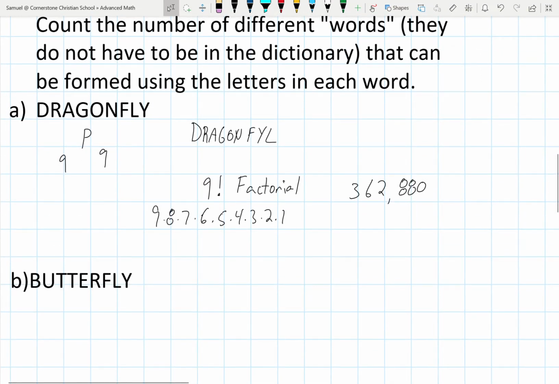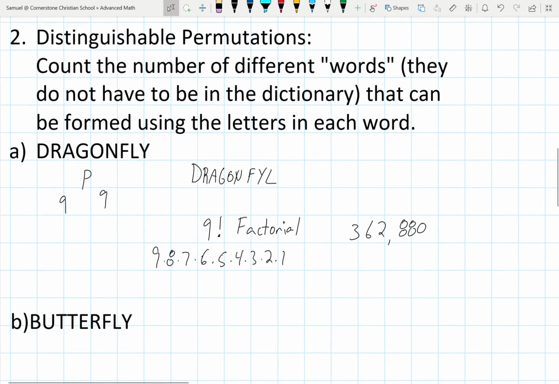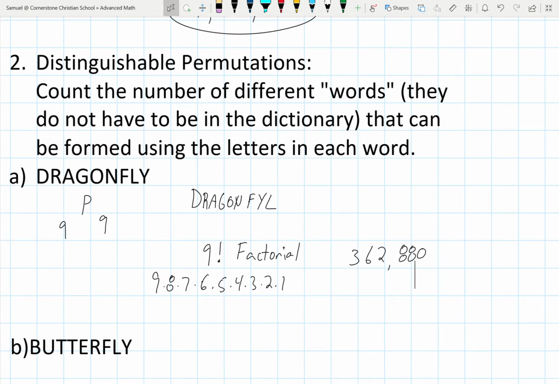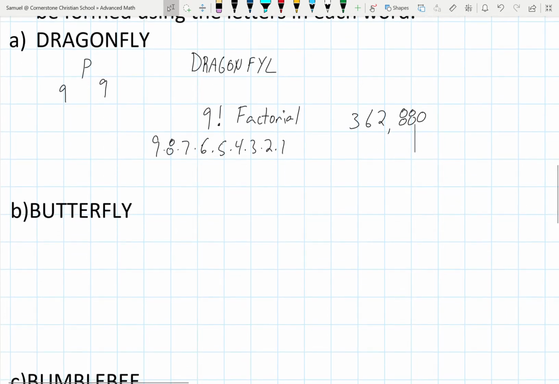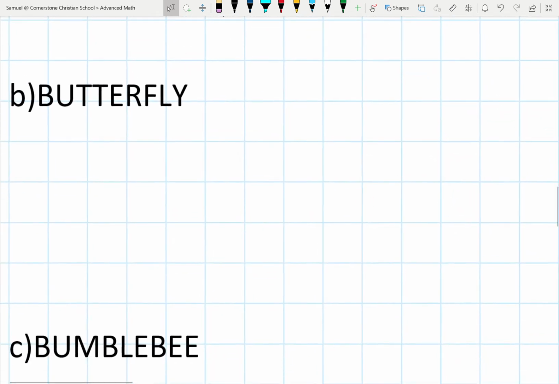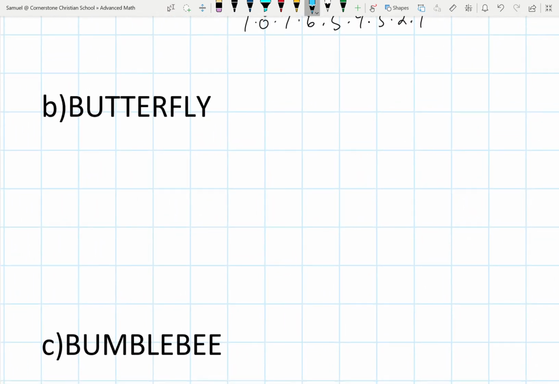Unlike Dragonfly, we're still asking the same question: distinguishable permutations. Count the number of different words, they don't have to be in the dictionary, that can be formed. So for Butterfly, however, what we start to notice is that there are two T's. So what would start to happen is we could write this as